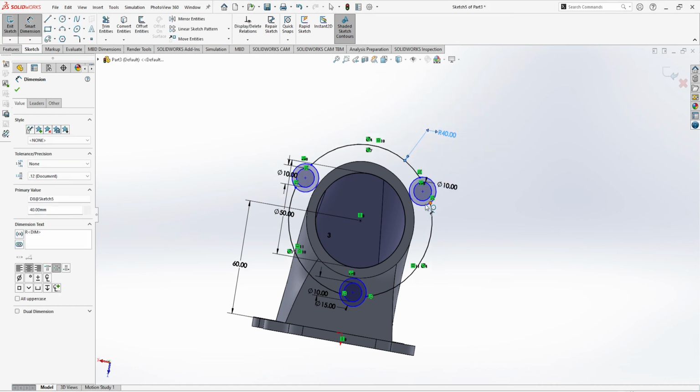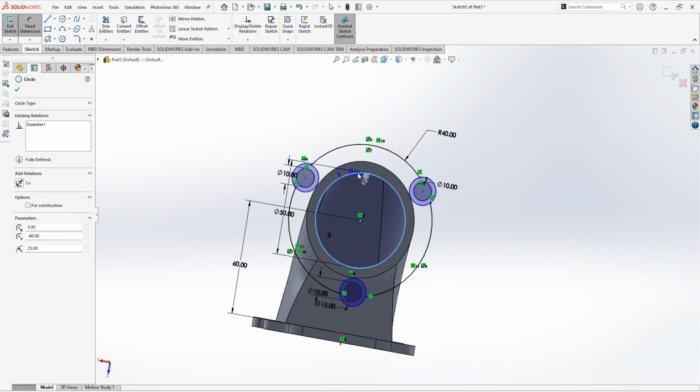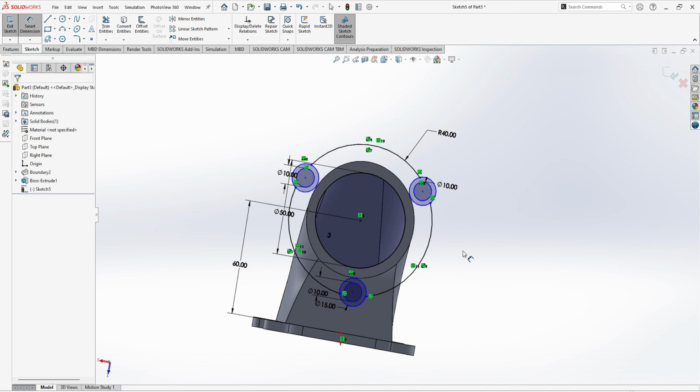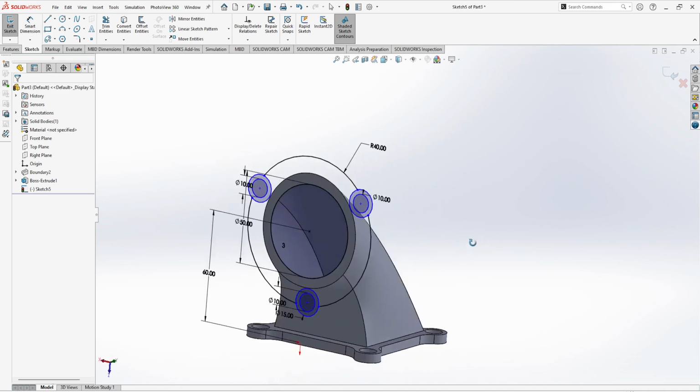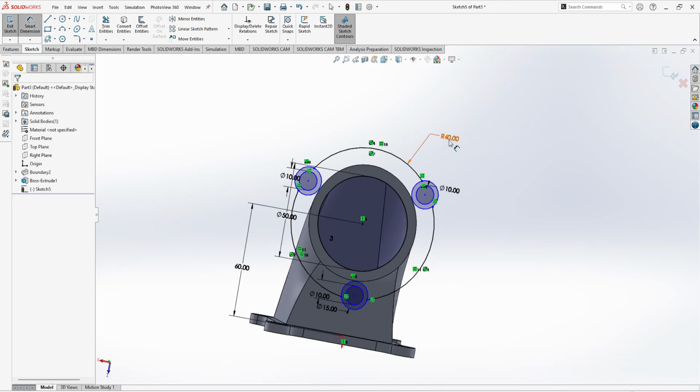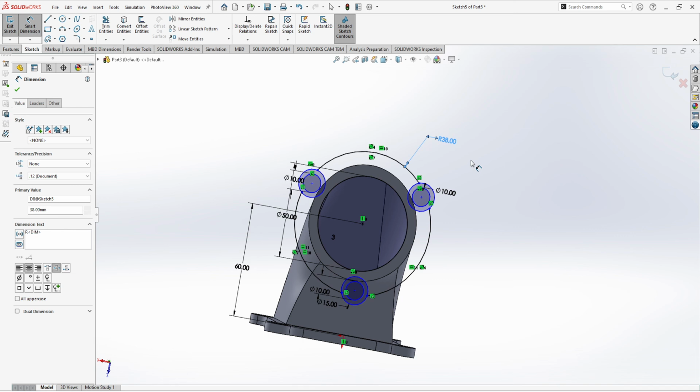Yeah, that's okay. This plane is 50, that's okay. And now what's the problem? 38. Actually what is,